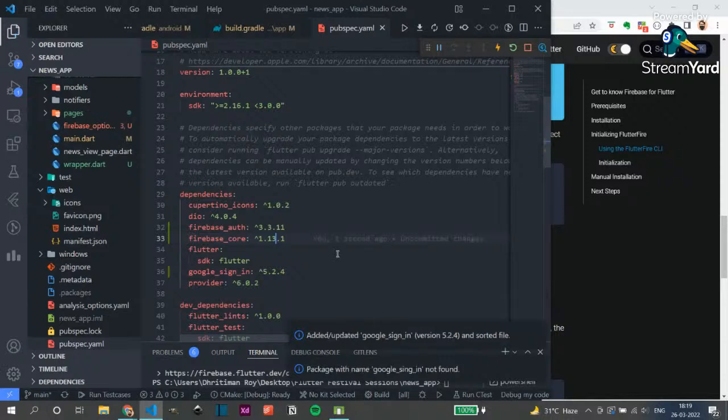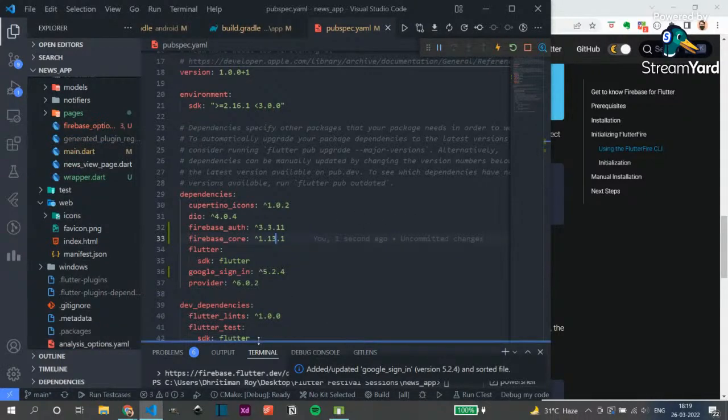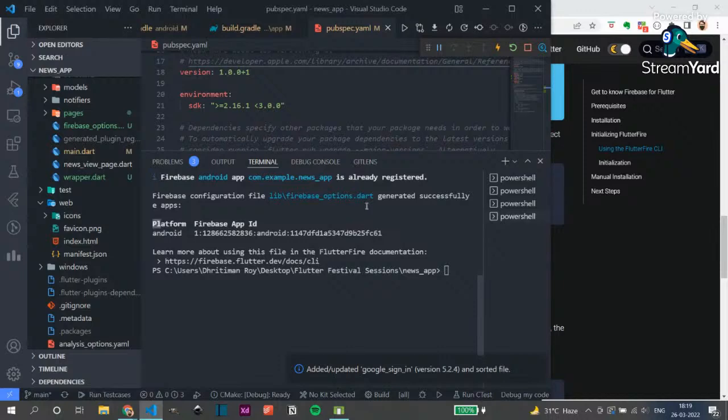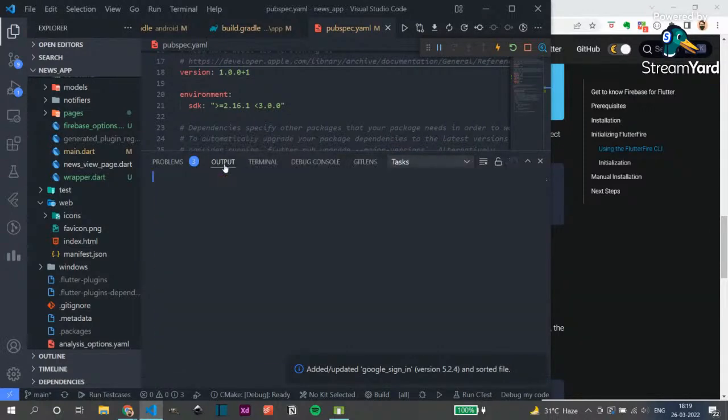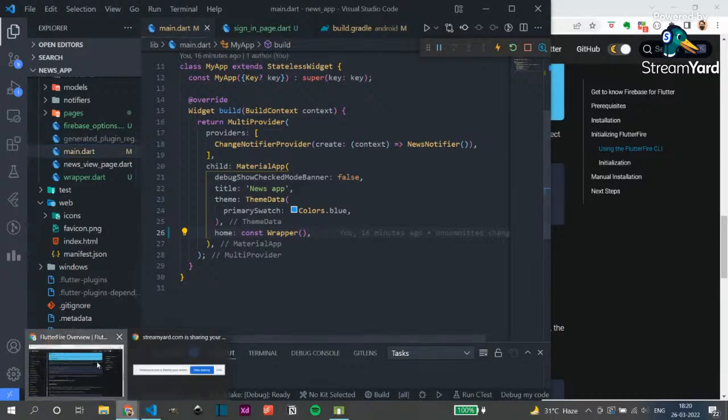Okay, now let's press Control S or run flutter pub get to get the packages. Okay, so after we have got our packages, we will go to main.dart,